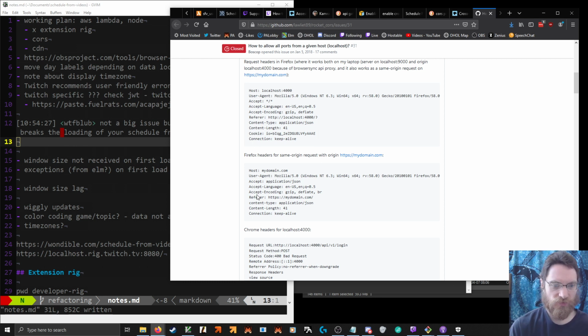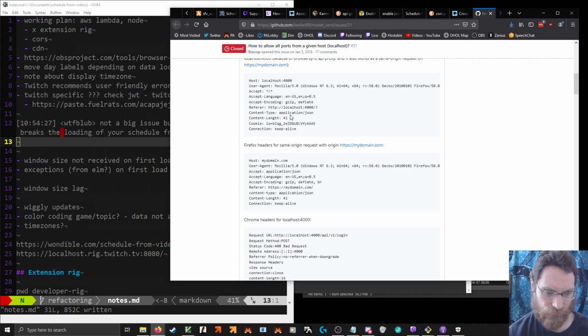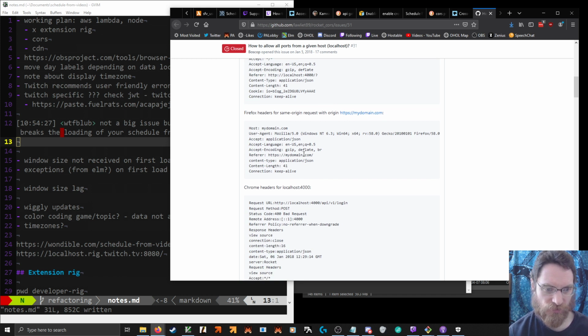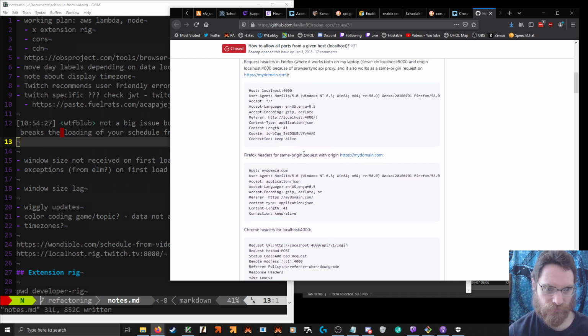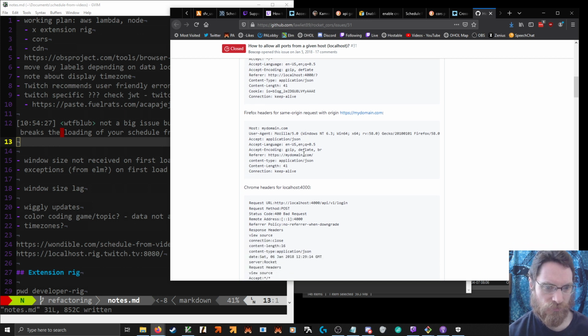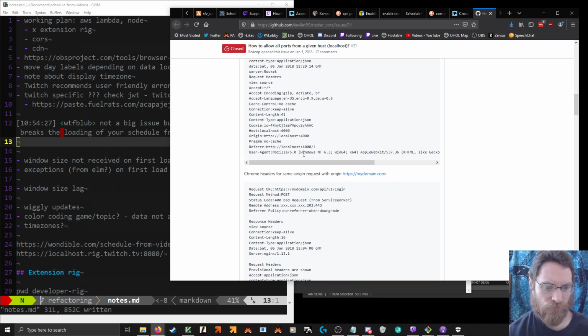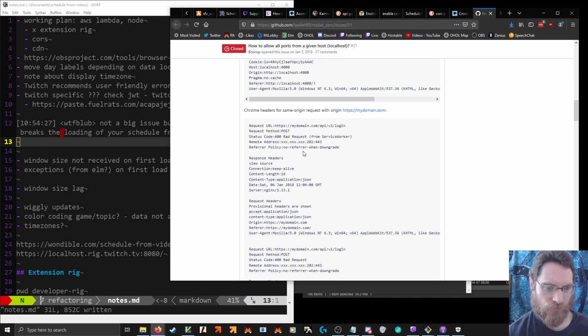This is a request. It doesn't really say GET or PUT or anything. Yep, status code. So that's the response. Referer. And that's the request URL.